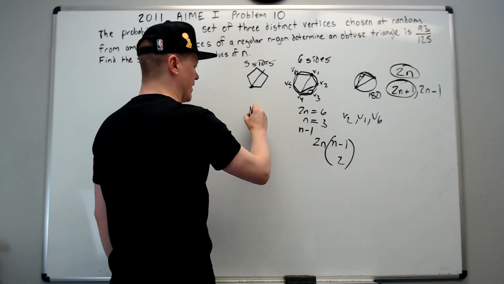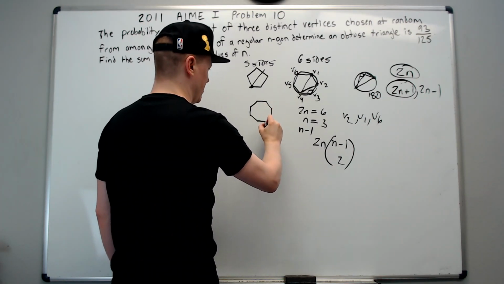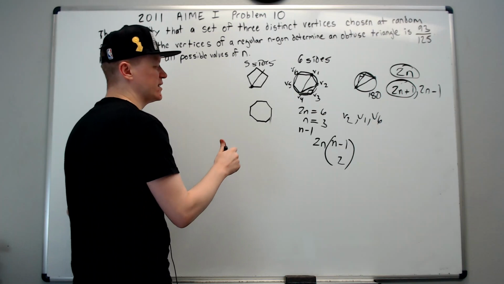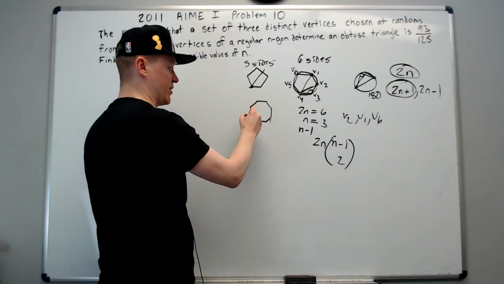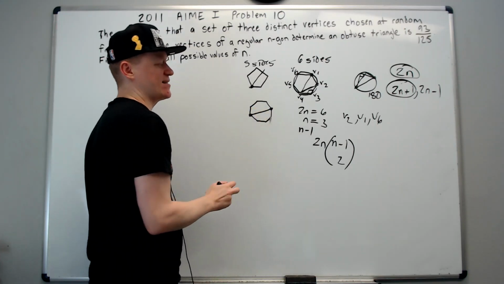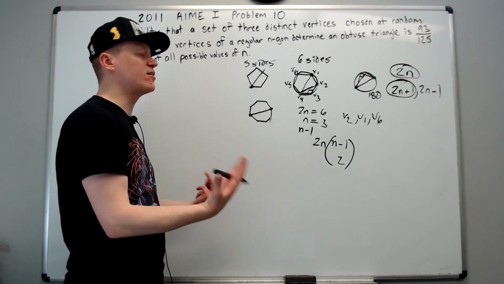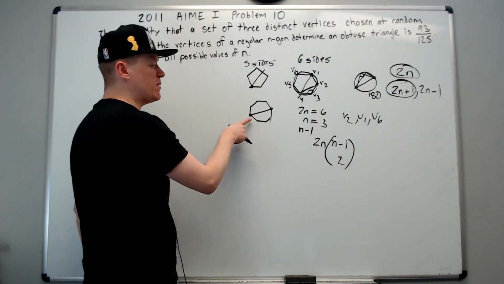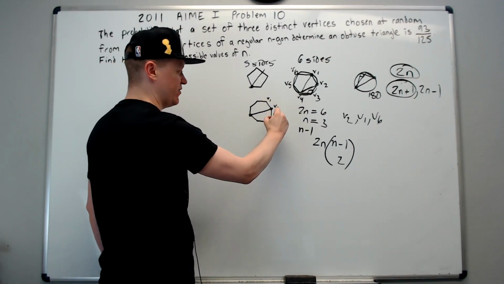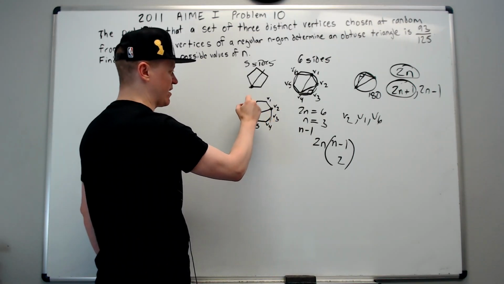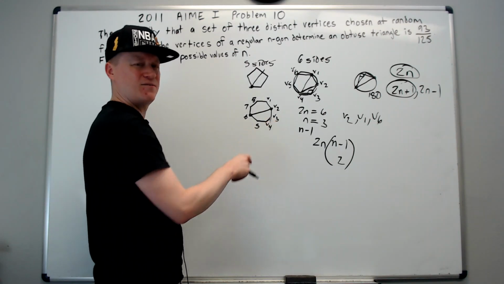So if I make an octagon, something like a stop sign, you may be better at drawing than me. I'm not the best artist in the world. Does the same thing happen? Are opposite vertices a diameter, basically, here and here? Yes, that's a diameter of a circle inscribed in a regular octagon. So how many points can I choose? Again, I cannot choose these points. If I call this V1, V2, 3, 4, I'm not going to write it, 6, 7, 8, just to save time. This would be V6. I can only choose V5, V4, and V3.